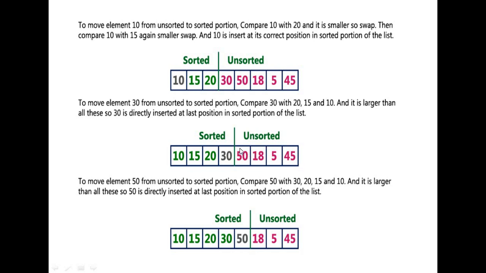Now we'll again choose the next element, that is 50. So 50 will be compared with all other elements from the sorted list. Now 50 is greater than all the elements, so 50 will be placed after 30 only. So after comparing, now this 10, 15, 20, 30, 50, all the elements will be in the sorted position. Now the next step,